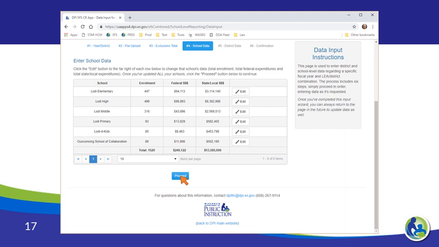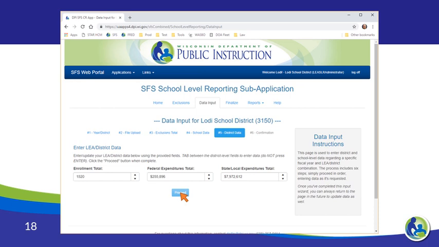When you've entered data for all your schools, click the Proceed button to move on to the LEA or district-level data screen. This screen can be a little bit tricky. The enrollment total that you enter is the total enrollment for your entire district or LEA. It will be at least the total of all the enrollments entered on the previous screen for your individual schools. In very rare cases, you may have a small number of students not associated with a particular school. They would not show up in any of the school enrollments, but they would be included in the district LEA